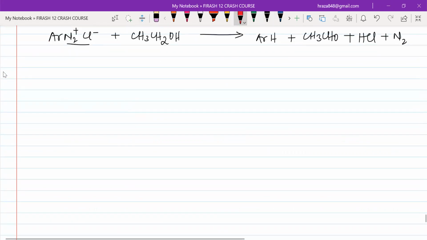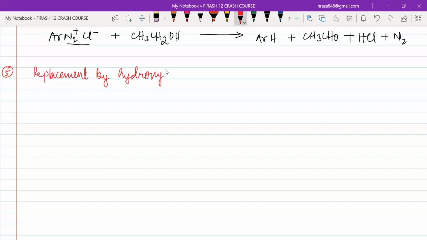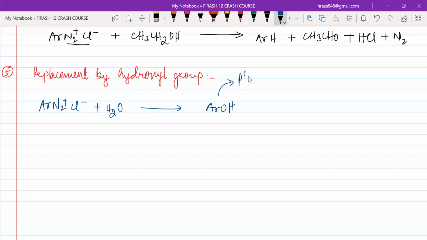we have the fifth one, replacement by hydroxyl. So if you directly hydrolyze this benzene diazonium fluoride, OH will be added. That means it is your phenol. It will be converted into phenol along with N2 plus HCl, which is common in all these reactions. The next and the last one of this is replacement